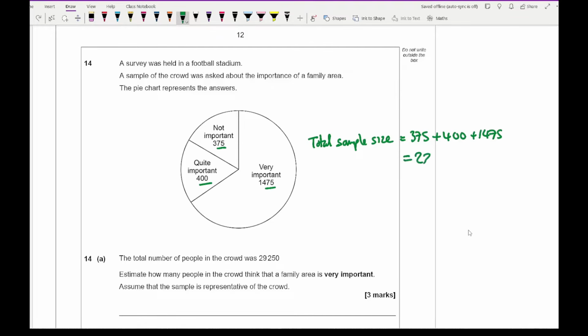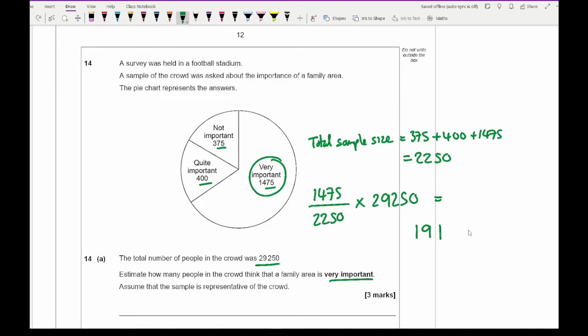a total of 2250. So from this, very important, it's going to be 1475 over 2250, so we work out the proportion, and we want to multiply that by the total population size. So if I enter all of that on my calculator, 1475 over 2250 multiplied by 29250, press equals, and I get an answer of